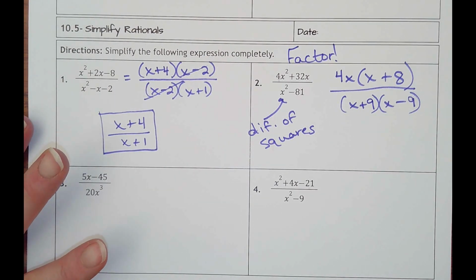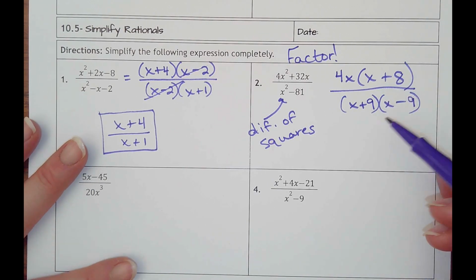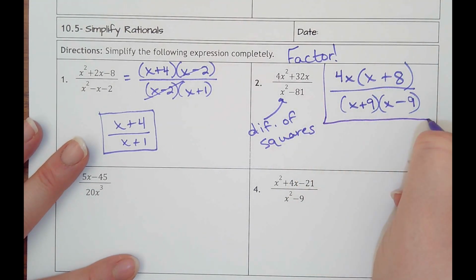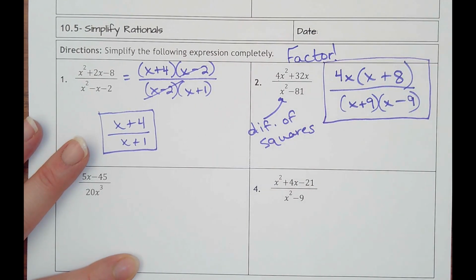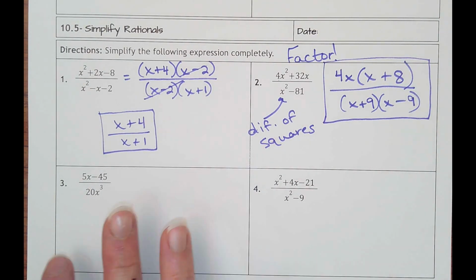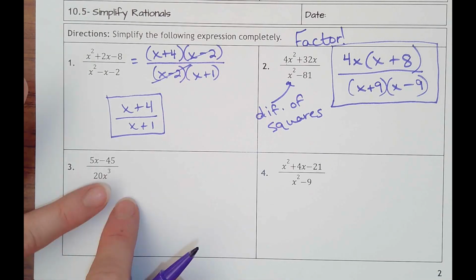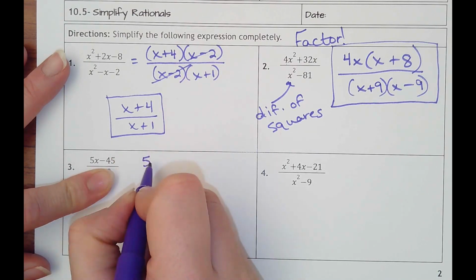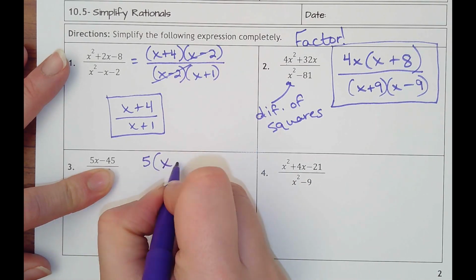So I did all that work, and unfortunately, nothing cancels. That's okay. We're going to just leave it like that because nothing's simplified. All right, number 3, 5x minus 45, again, it's just a binomial. I could take out a 5 or divide out a 5. That would leave x minus 9